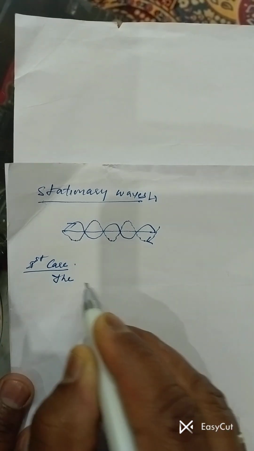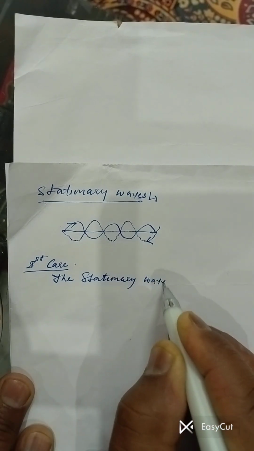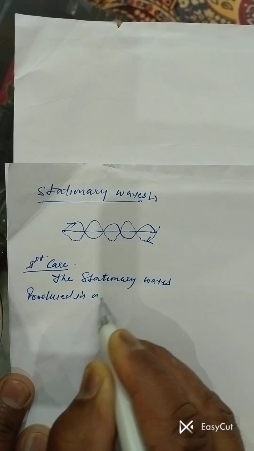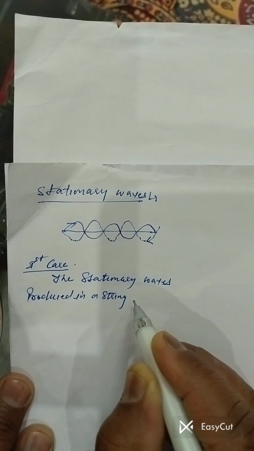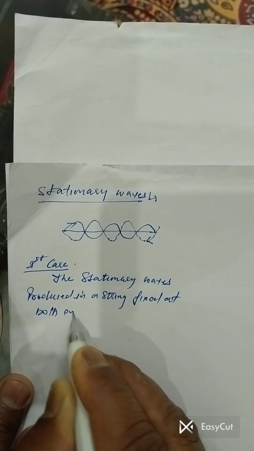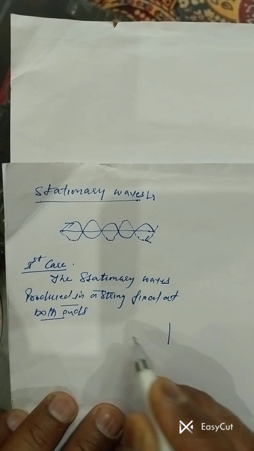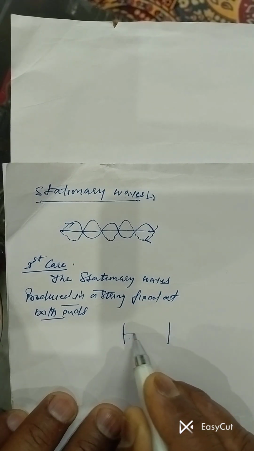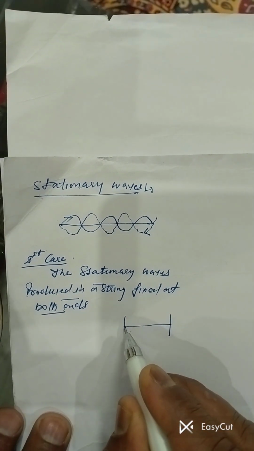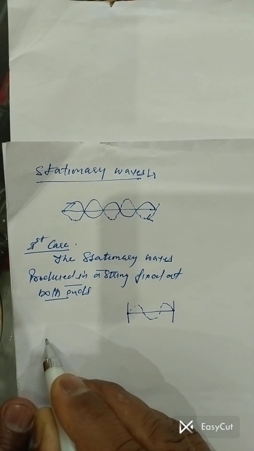the stationary waves produced in a string fixed at both ends. Okay, this way. So for example, this is a string fixed at both ends. Okay, so we know that any wave moving from left to right has equation y is